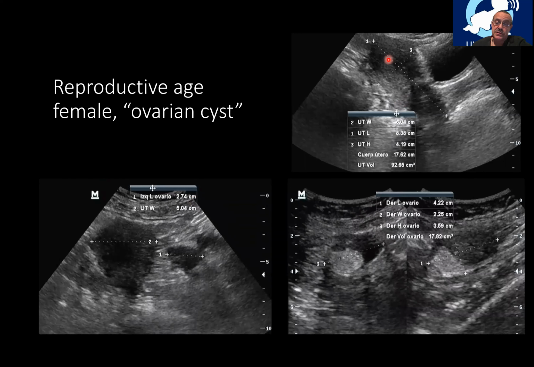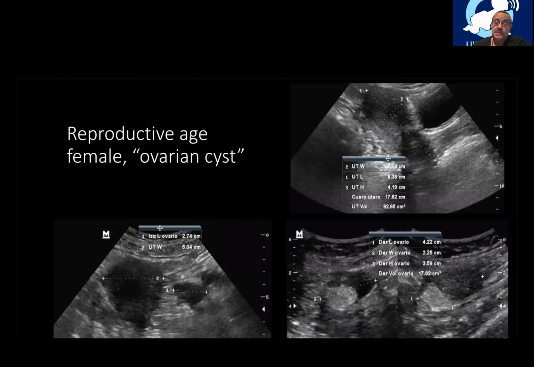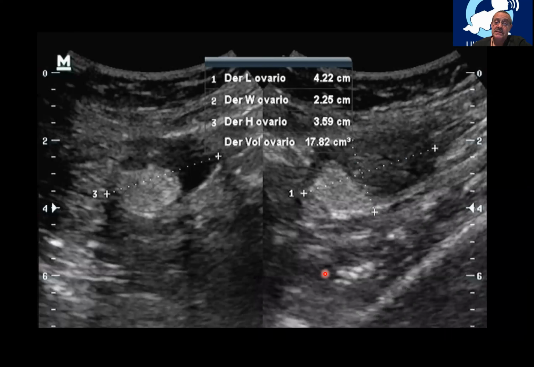So this is the uterus, the left ovary, the opposite side ovary, and inside the right ovary, we have a small, well-defined intraovarian mass, most probably a dermoid cyst. Zooming in,